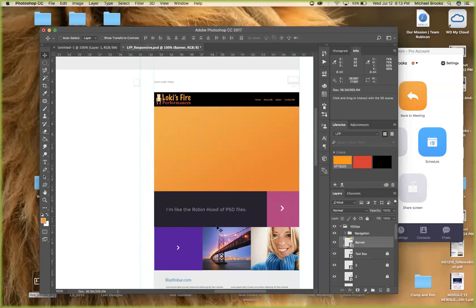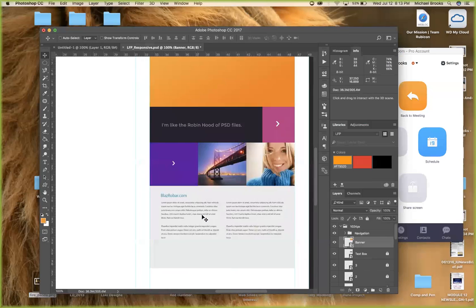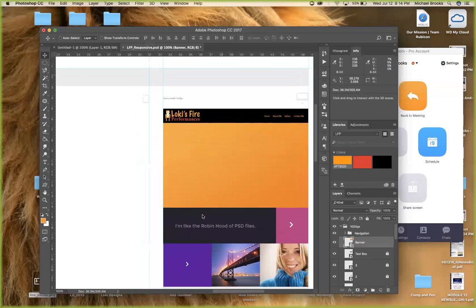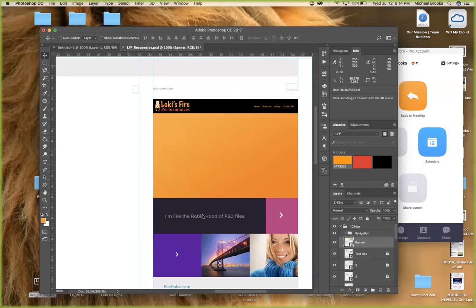No, it takes away from everything else. It does, but now what I could do is all this stuff is going to go down the screen. Okay? Mm-hmm. Or we can actually